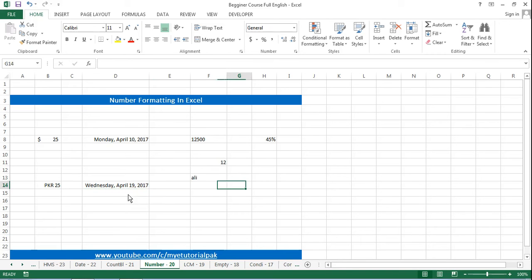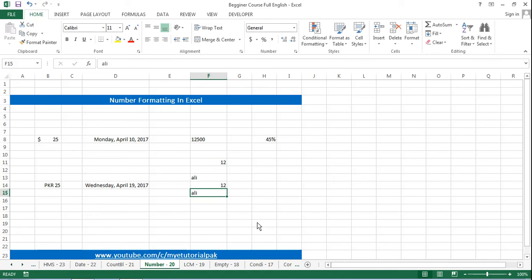And there are two types of data which we can enter in that Excel sheet. The first one is the digit. When you put the digit in that cell, it will be on the right side, and if I put text, it will be on the left side. So this is the basic way by which we can identify the text and